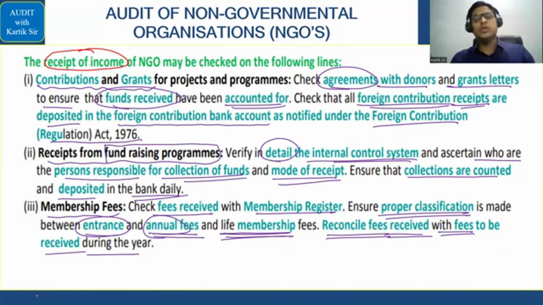ठीक है, लेकिन अगर स्टोरी फॉर्मेट से मैं नहीं करवा रहा, जैसे कुछ क्रैश को स्टूडेंट्स को, I must have not done in story format to save time, and we must have just remembered in a simple manner. So in that case, just remember, first I got contribution and grants.